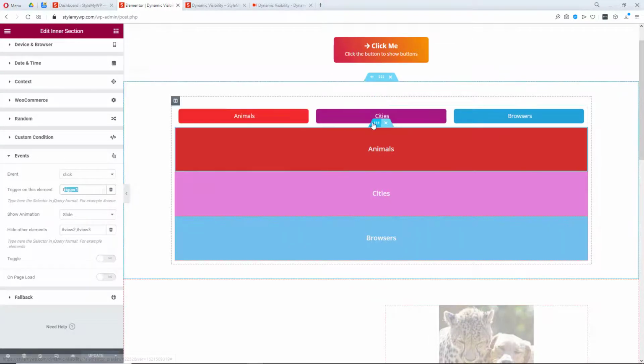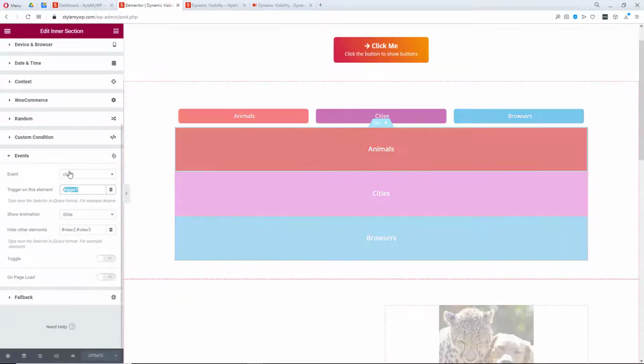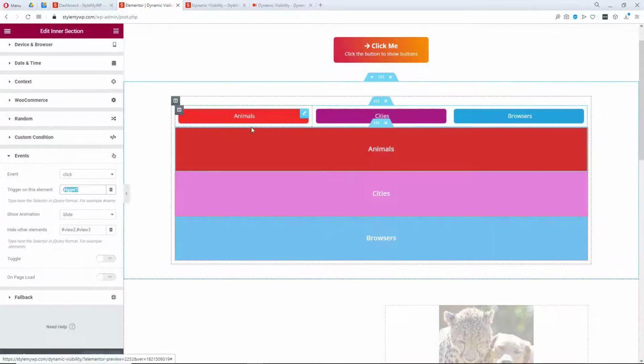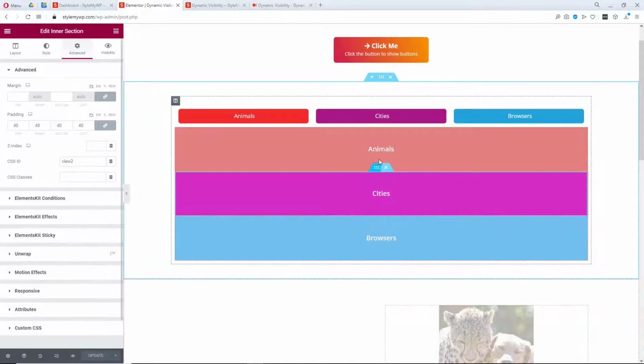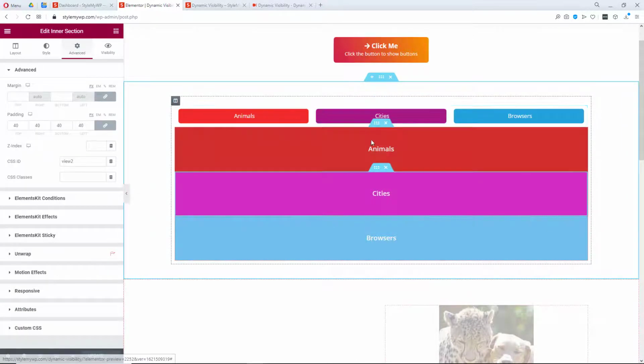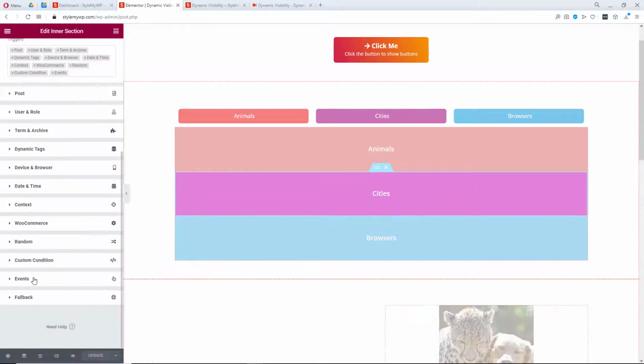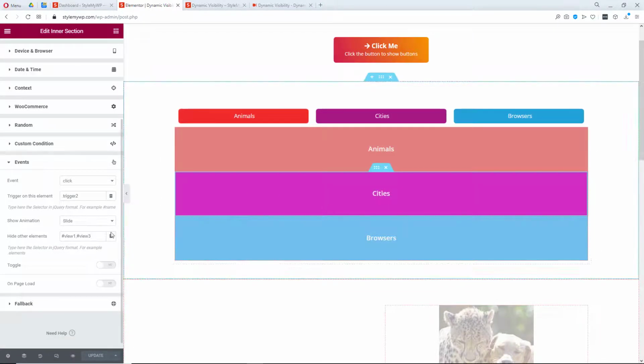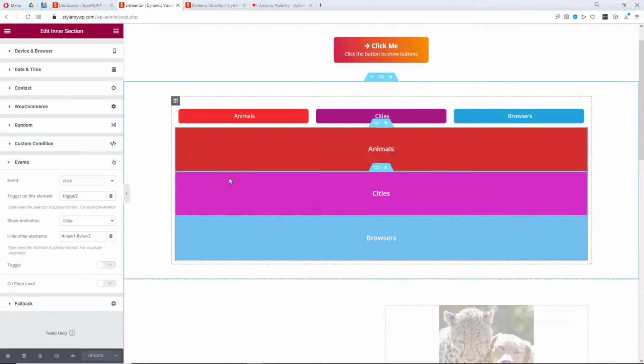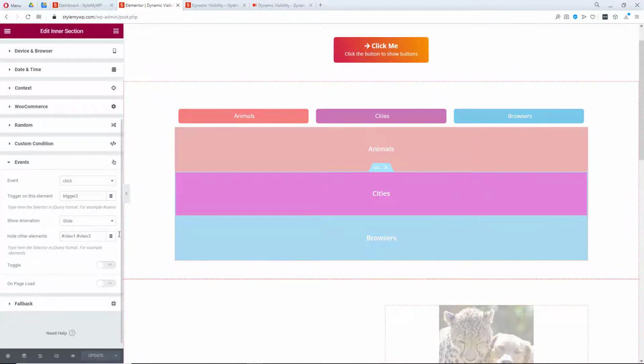So it will open up view 1 but will hide view 2 and view 3. So on the view 1 section, you have to hide view 2 and view 3 based on trigger 1. The same way you have to show or hide view 2, and at the same time hide view 1 and view 3.